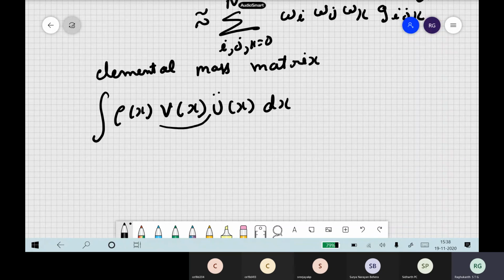Now, what test function do we use in this spectral element? What is the test function we are using? See, last class we did it for 1 dimension. Okay, what are the test functions? In FEM, what do we use for the test functions? This is an arbitrary function, right? What do you use for v of x?